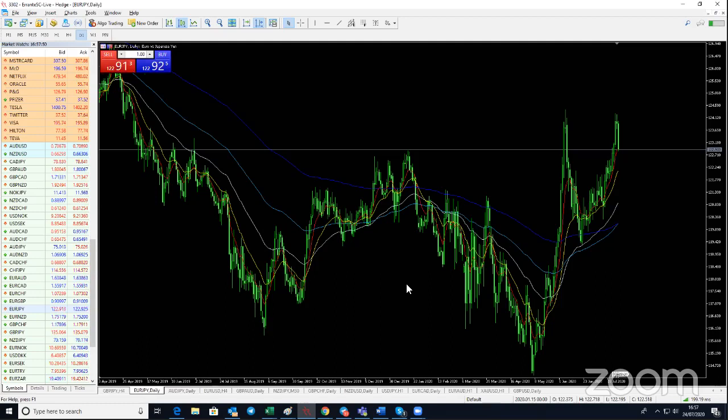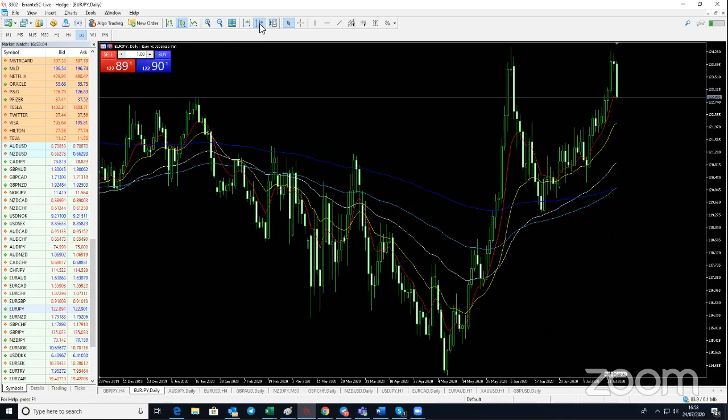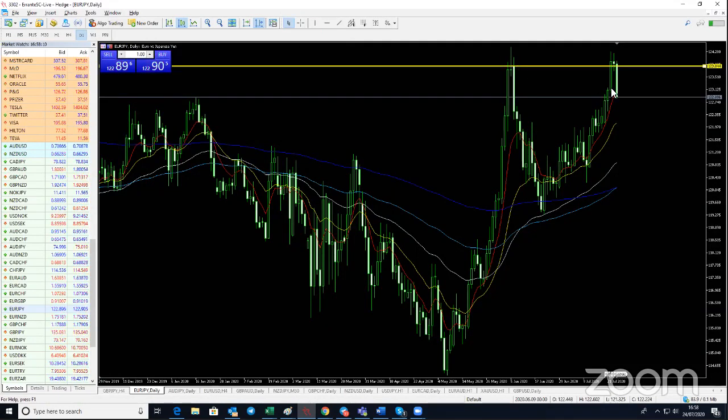Euro JPY, as you can see, is looking to the downside, mainly because the strength still persists for the JPY on the upside. So that's why the euro is on the downside there. But look at this, it's really interesting. This is on the daily chart. You've got a standalone resistance there already. If you had looked at that earlier on, you would have already expected a potential drop.